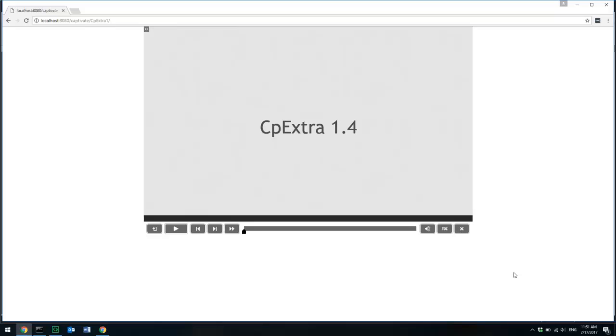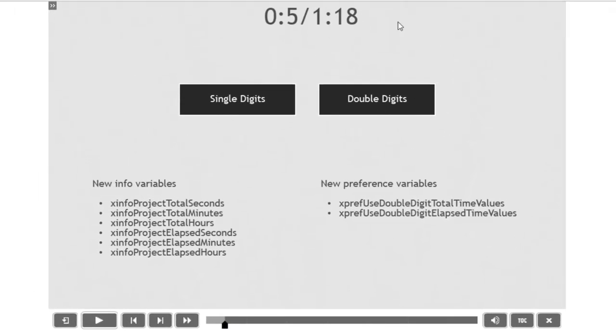The first feature in CpExtra 1.4 is a set of new variables which allow you to make a playbar. Now, when I'm talking about a playbar, I am not talking about this slider down the bottom here in Captivate. I am instead talking about this kind of playbar, where you have the total number of minutes and seconds in the course,